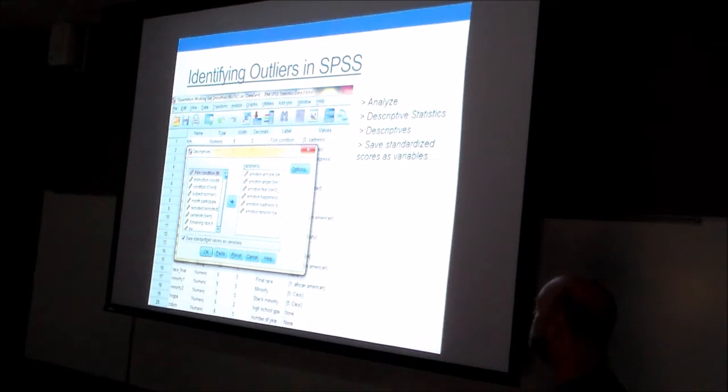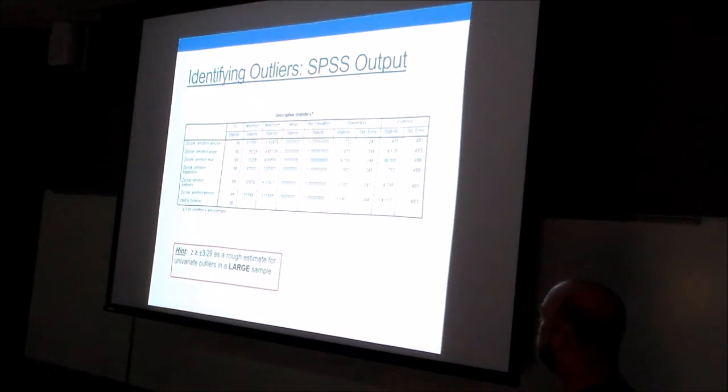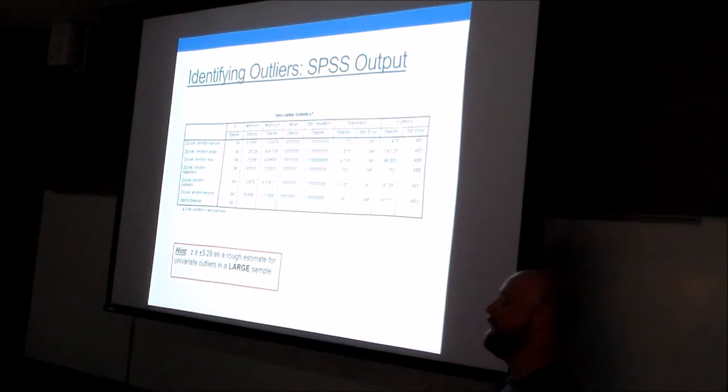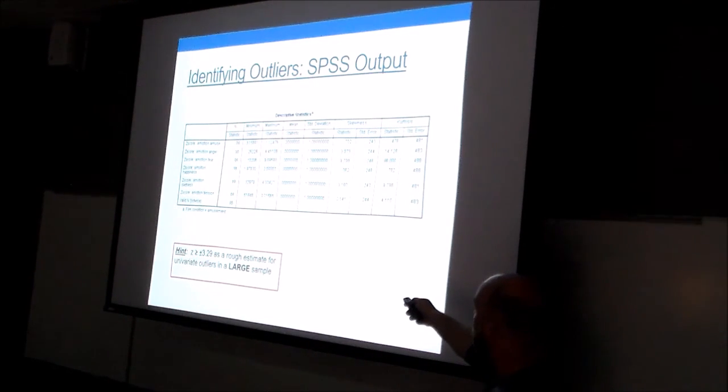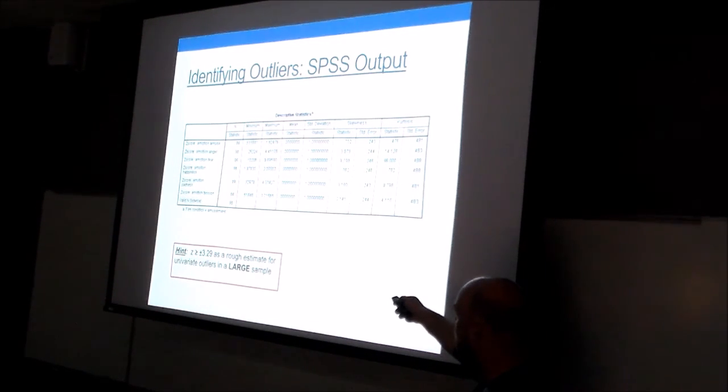So for getting these in SPSS, we go to Analyze, Descriptives, and then we're going to save these variables as standardized values here. We're going to check this and hit OK. And then SPSS is going to create a z-score for every variable that we requested it for, and then we can run descriptives on our z-scores and start to look at the minimum and the maximum, right? So here we've got a really low z-score,